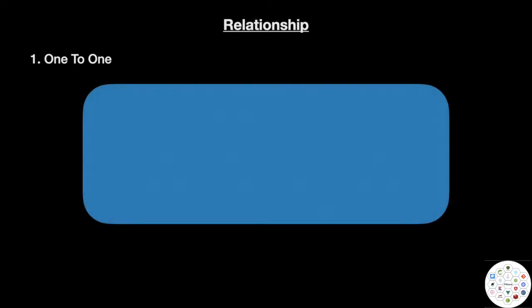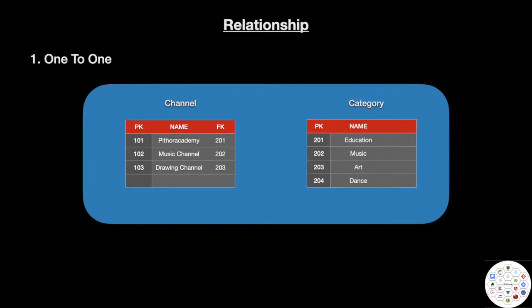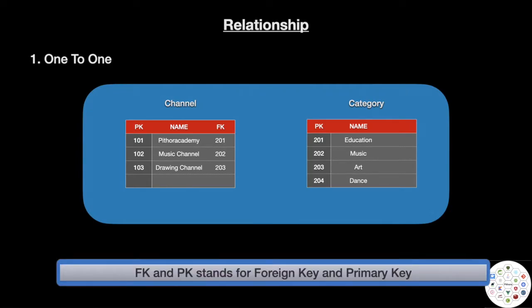So let's talk about what is a one-to-one relationship. Let's take one example. Suppose we have one entity, channel, and another entity or table, category. So for example, we have this channel table, where we have PithorAcademy. As you can see, this PithorAcademy is connected with education, and how it is done is via the FK and PK